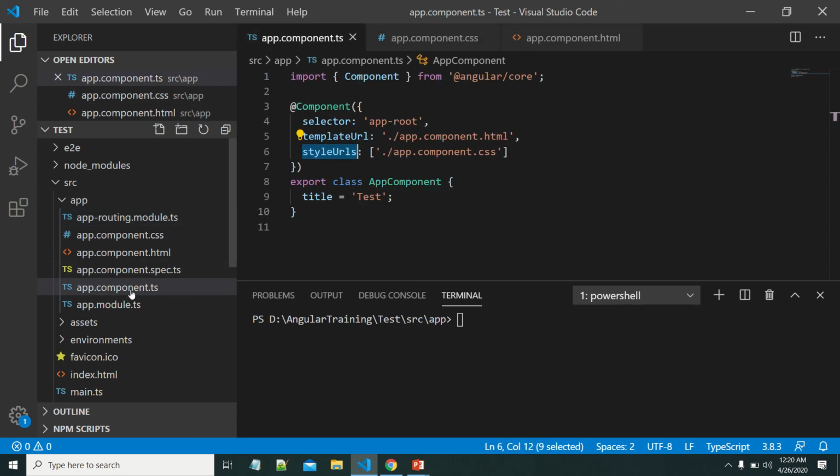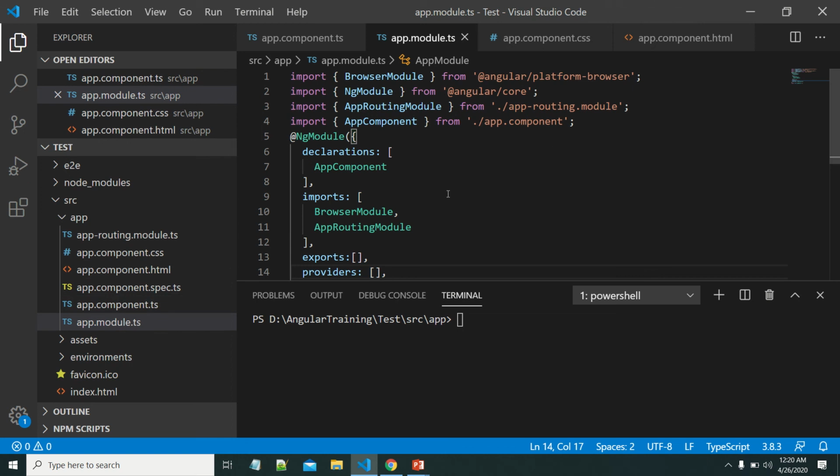Once this component is created, it should be added to some module to use it. Here one module is there, app module. Here we can see app component, which is added to the declarations array. This is the way we need to use the component.